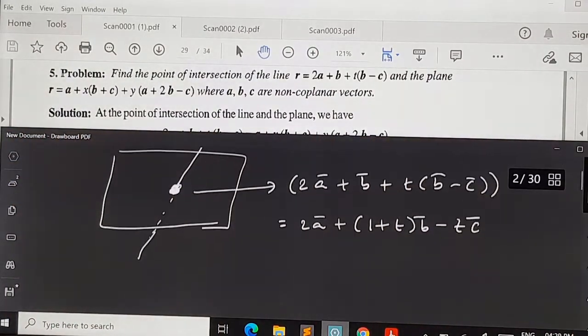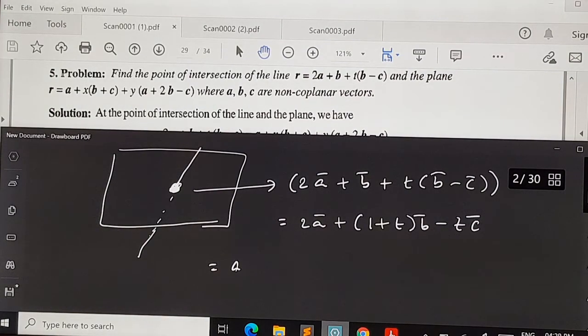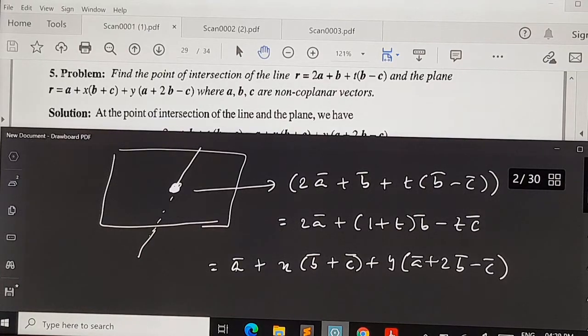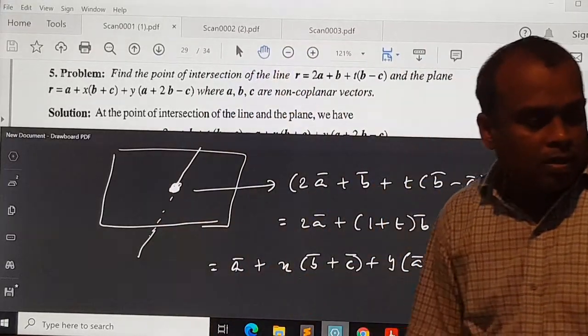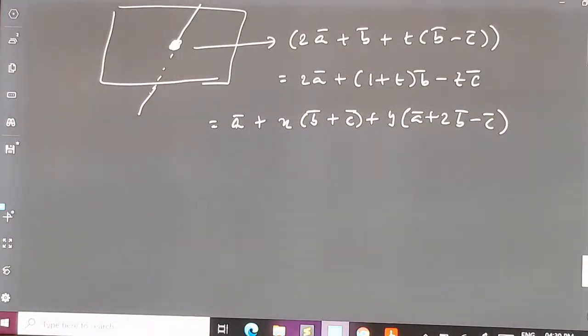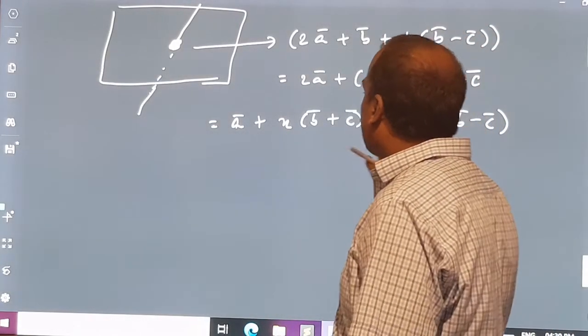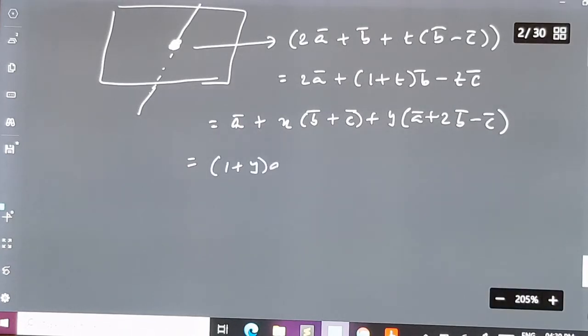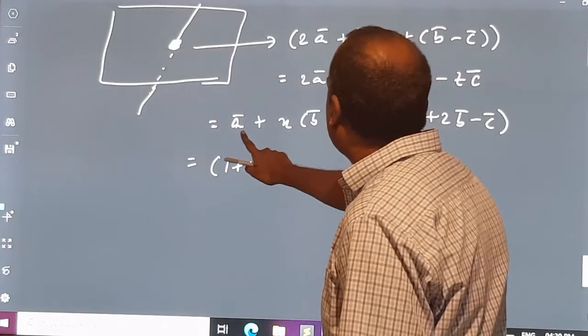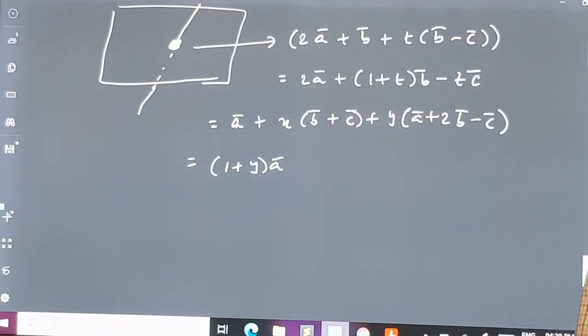So I will have this point is equal to a bar plus x into b bar plus c bar plus y into a bar plus 2b bar minus c bar for some values of x and y. It becomes this point. And now all that is left is to find either the value of t or the values of x and y. For that, observe that I can rewrite this. I am just rearranging the terms over here. I'll have 1 plus y into a bar plus